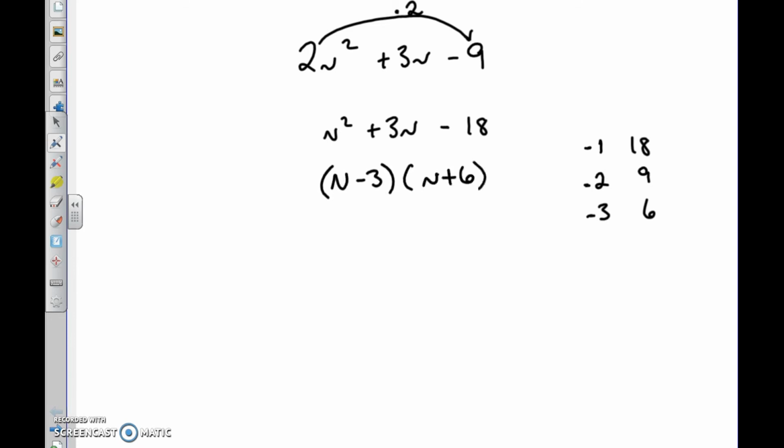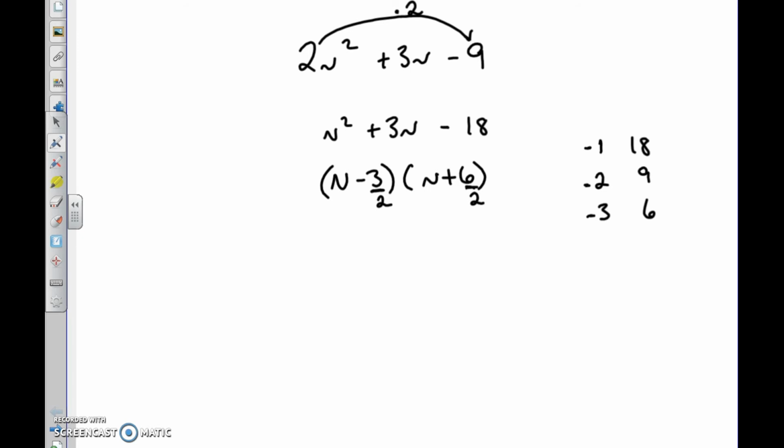Well, some of you will forget to do this last step with bottoms up. Some of you will stop and leave it like this. And you're actually going to be very close. You've done the hardest part, but you're still going to be wrong. At this point, to make it algebraically sound, since we multiplied by a 2 to start, we actually have to divide it back out now. So I'm going to take this 2 and I'm going to divide it by the number part. Okay? So if I take that and I divide it by the number part, the next step is to reduce